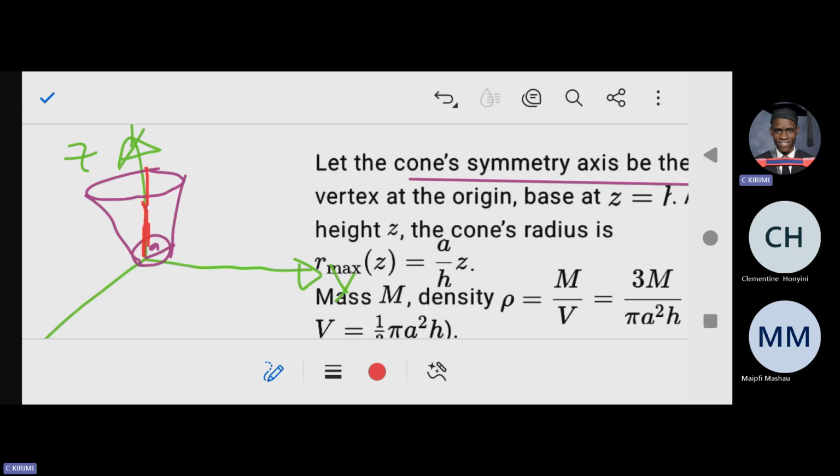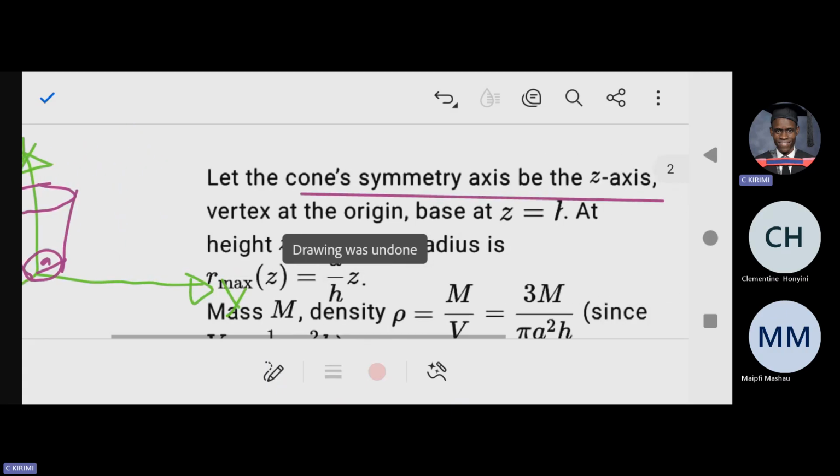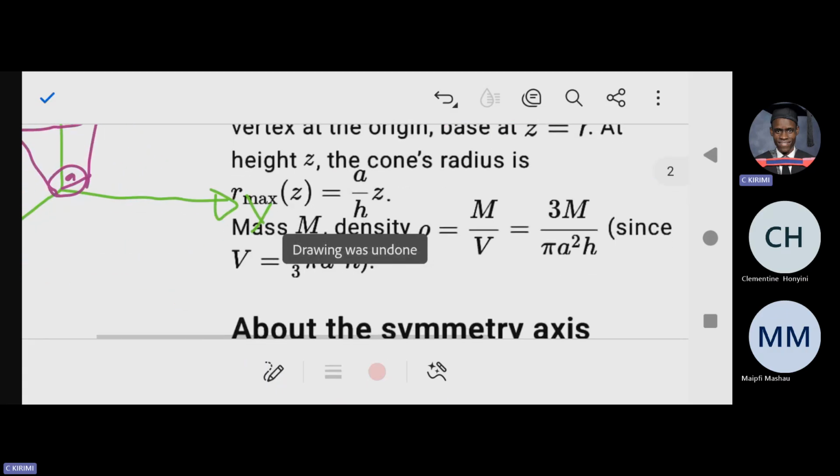There will be an h at any given point in time. So h is changing with time. There will be an h, which can be here. This is h. So h is changing with time. So initially, when the cone is at the origin, base z, z is equal to h. That is what we are having here. So which means at height z,